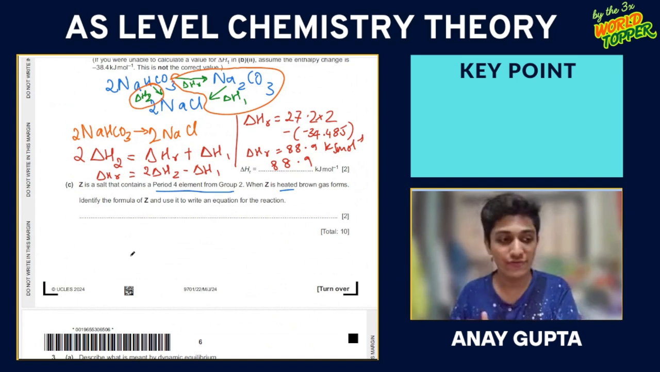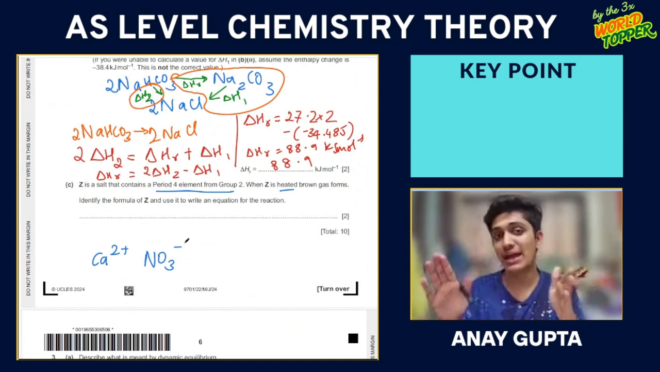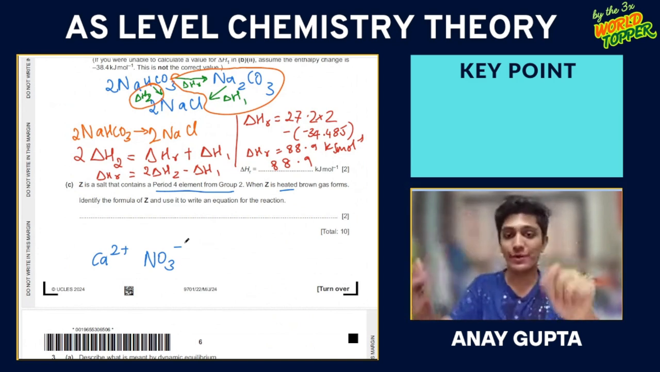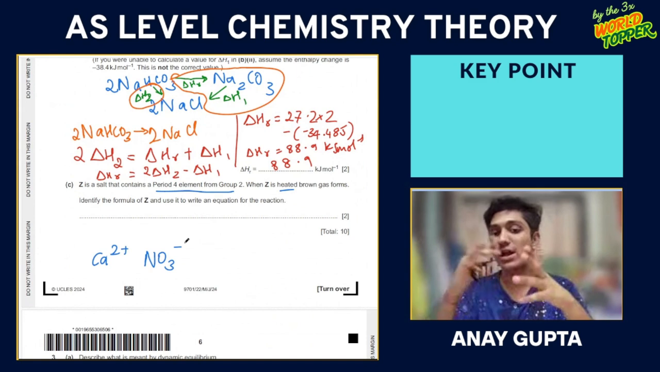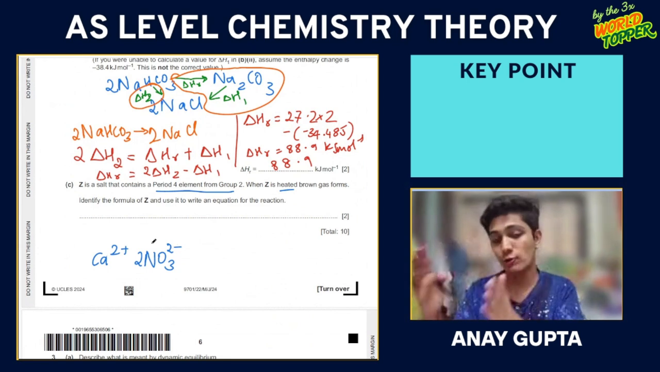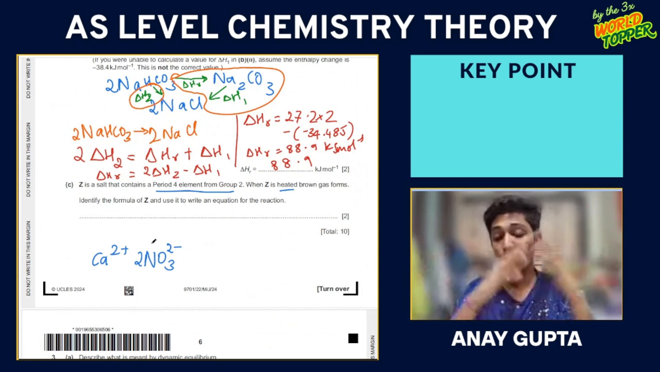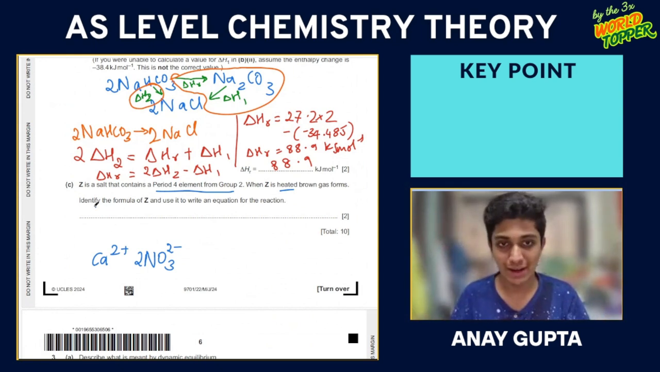Identify the formula of Z. Whenever we want to identify the formula, we identify the cation and the anion, and then we match the ratios in which we need to combine them to make a neutral ionic compound. So I will need two NO3s to make 2 minus to cancel out the 2 plus on the calcium, to give me an overall neutral charge. So my formula will be